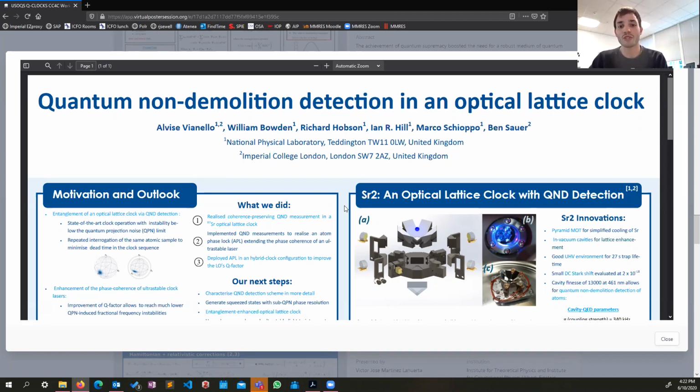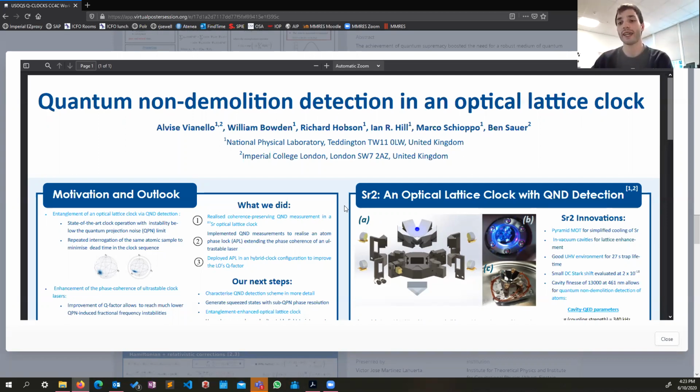In the poster, I'm also showing how we used this quantum non-demolition measurement scheme in two practical applications. The first one is what we call an atom phase lock, which will allow us to extend the phase coherence of ultrastable lasers. The second application is in what we call a hybrid optical lattice clock configuration,